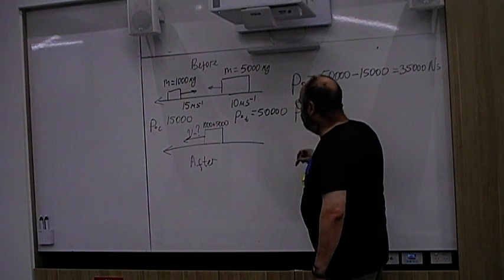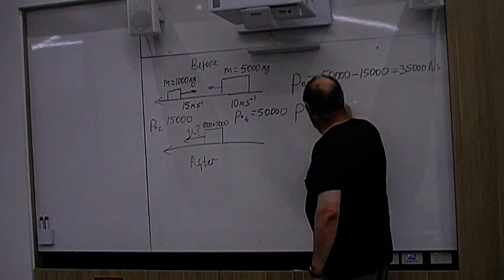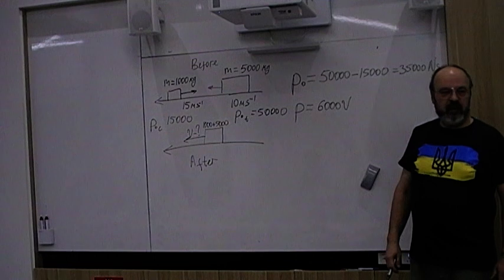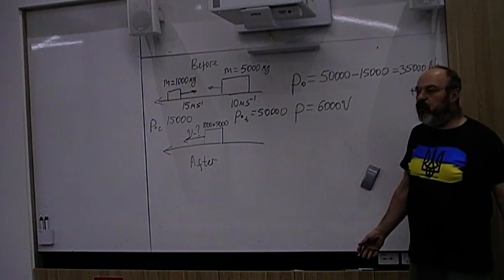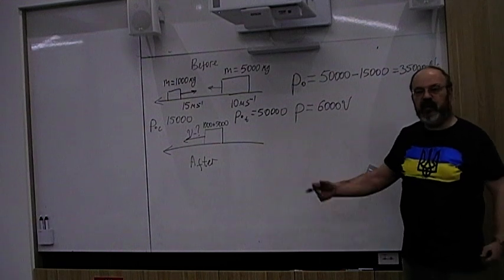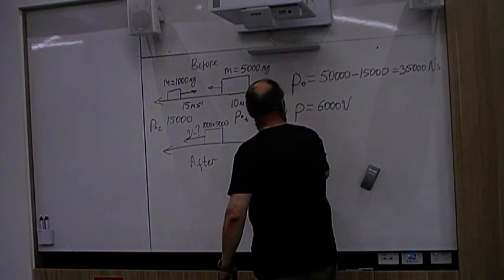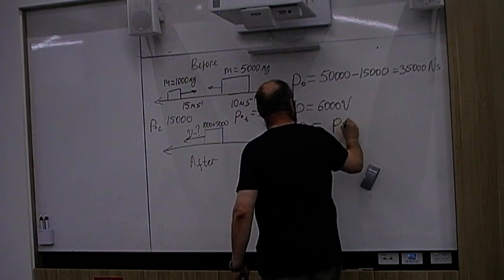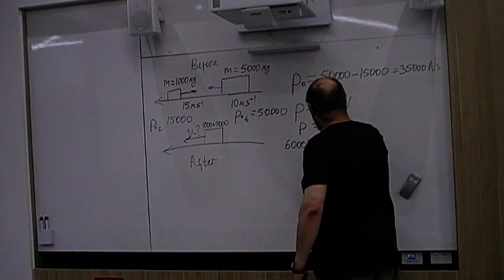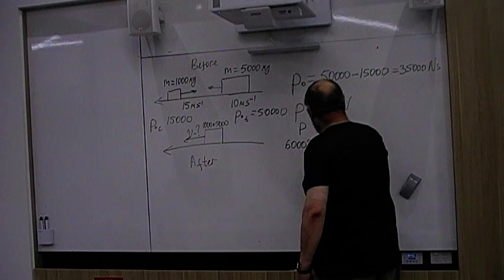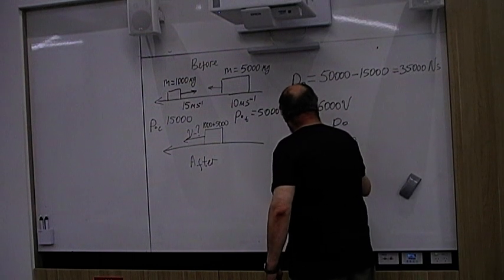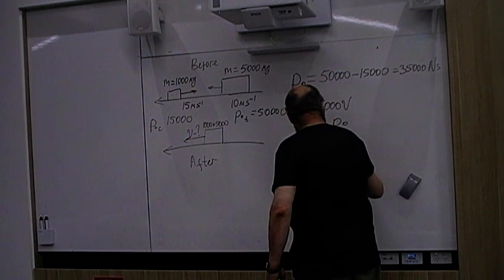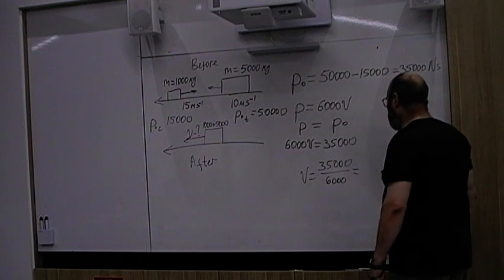And final momentum will be total mass 6,000 times unknown velocity. And the law of the conservation of the momentum says final must be equal initial. So we have 6,000 V equal 35,000. So V will be equal 35,000 divided by 6,000, that will be equal